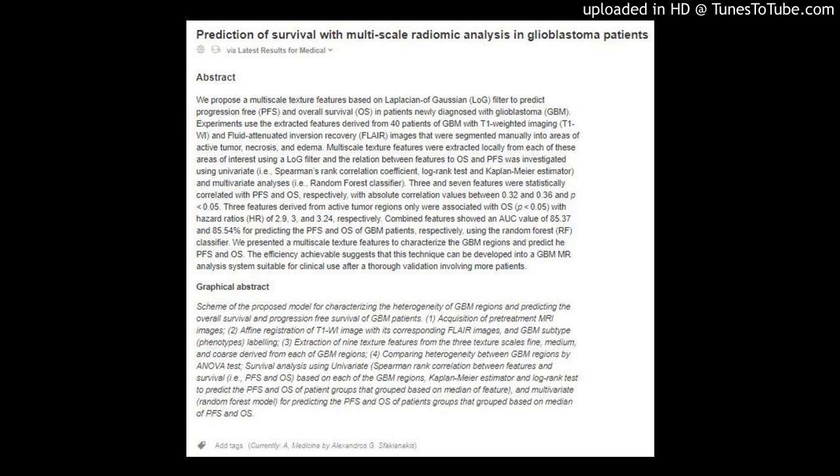Experiments use the extracted features derived from 40 patients of GBM with T1-weighted imaging and fluid-attenuated inversion recovery (FLAIR) images that were segmented manually into areas of active tumor, necrosis, and edema. Multiscale texture features were extracted locally from each of these areas of interest using a LoG filter, and the relation